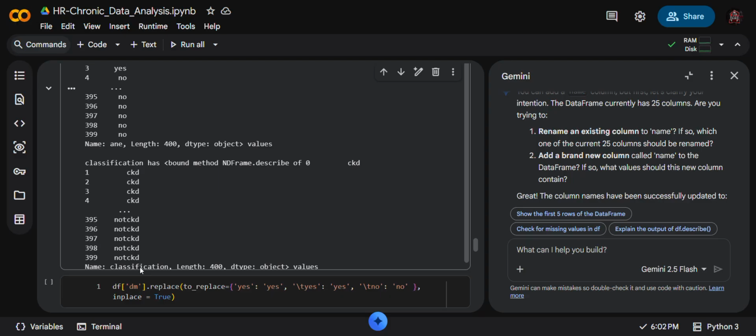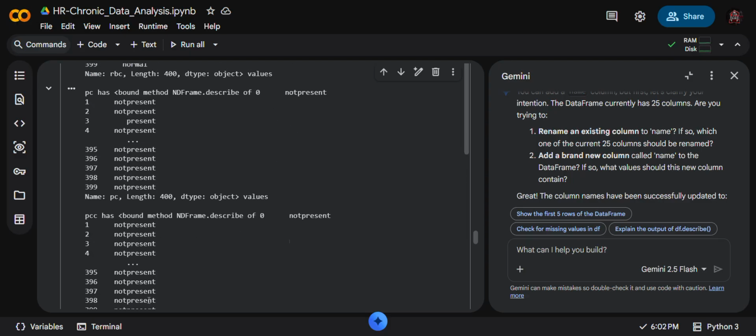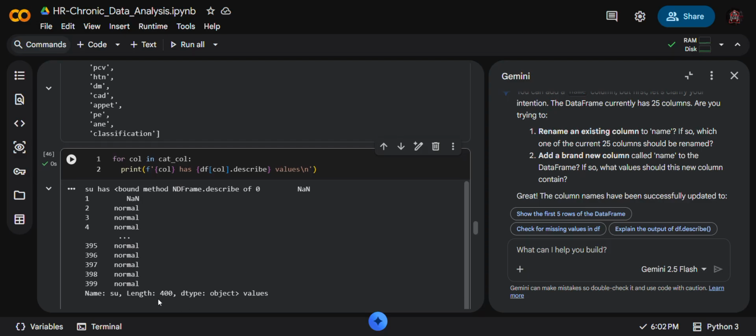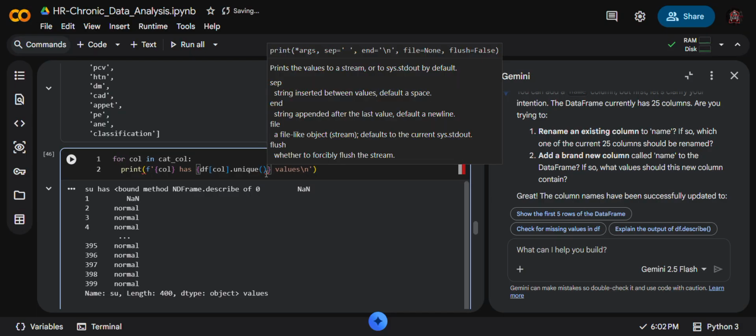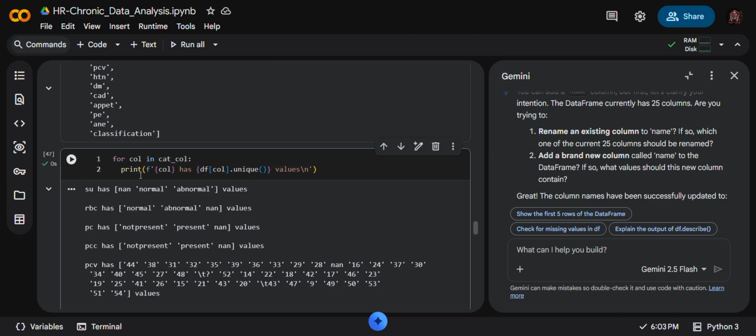That's how you can simply play with your commands like this. I can put unique, or you have put it before unique. Okay, that's wrong. Okay, yes.